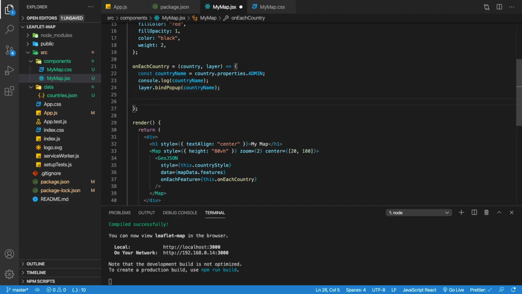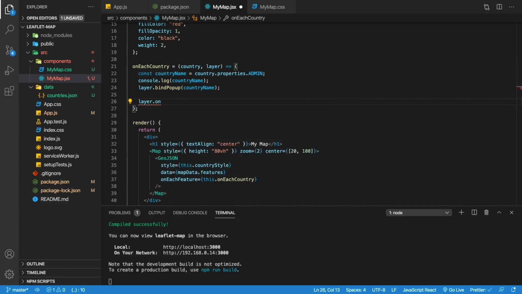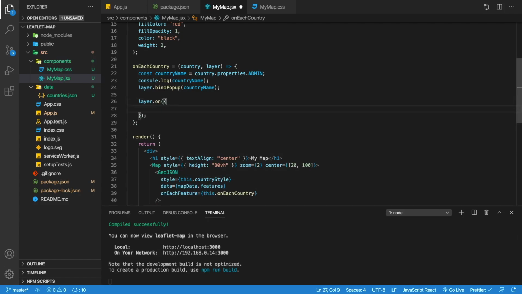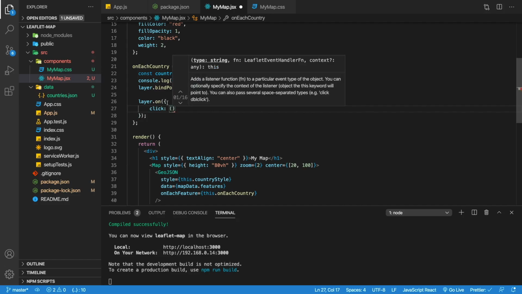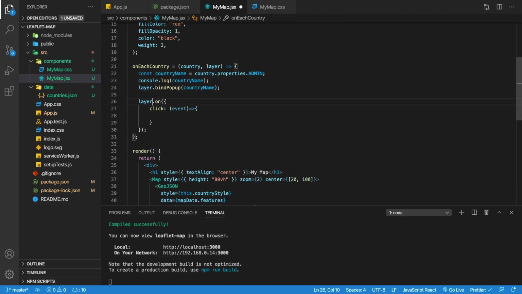Now what we're going to do is add a click event over here. And how do we do that? Well, there is this property on layer called on. And on takes in an object. That object has properties itself, and we can provide it with different properties. So one of the properties I'm going to provide it with is a click event. The click event will be a function. More specifically, it's going to be an arrow function. That arrow function over here, so when we say layer.on.click, anytime I click on a country, it's going to execute